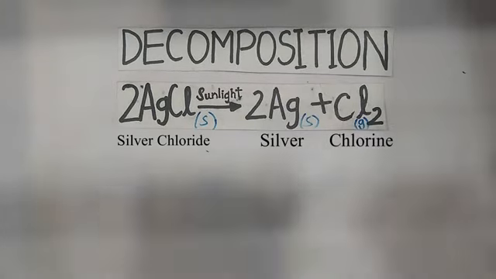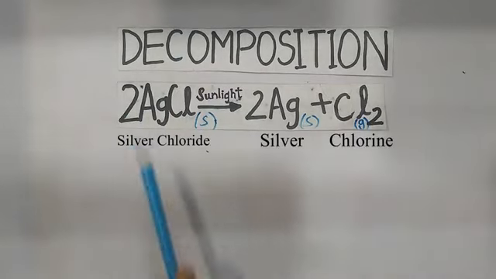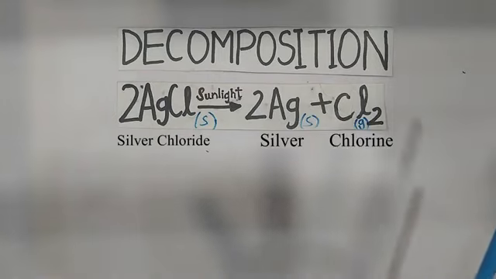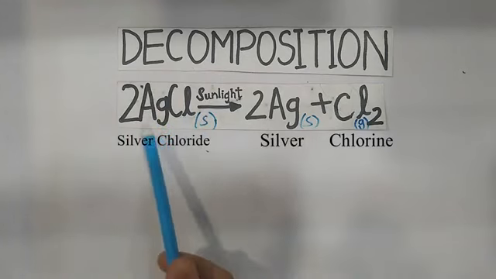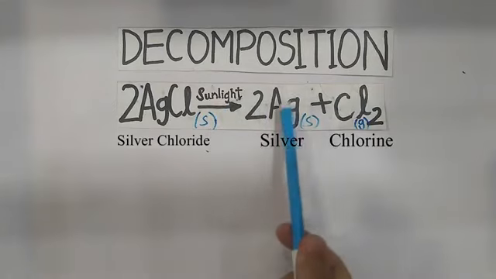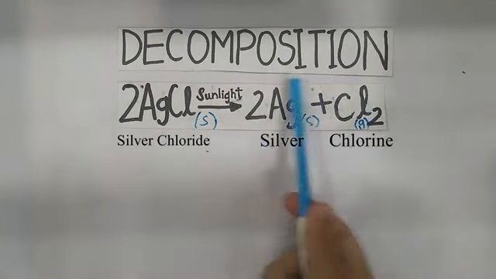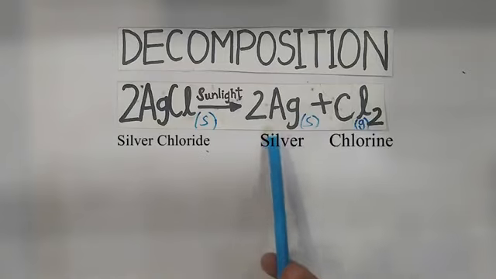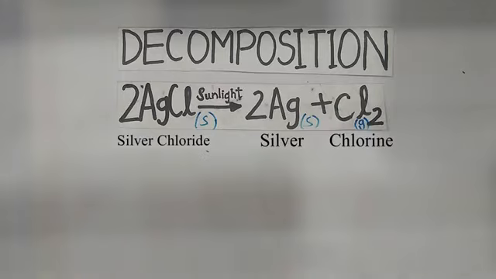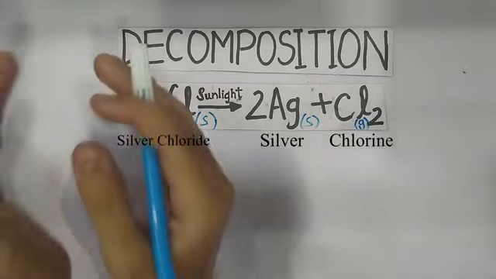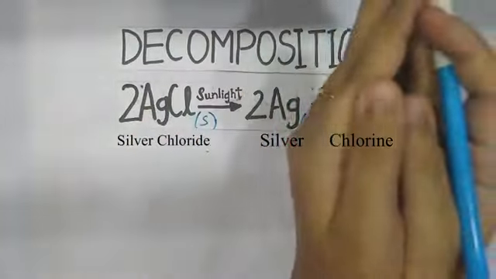When this experiment is performed, you will observe that the AgCl, which is actually white in color, will turn grey in sunlight. Now grey is the color for the actual silver. AgCl will be white. When you put that in sunlight, it will turn grey. Grey is the color for the element silver, which is represented as Ag. So this is what you have to remember. White in the presence of sunlight turns grey.